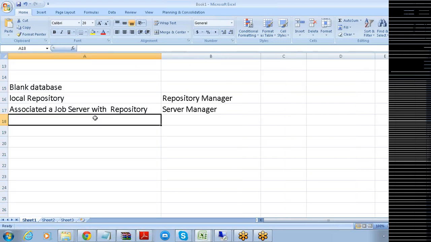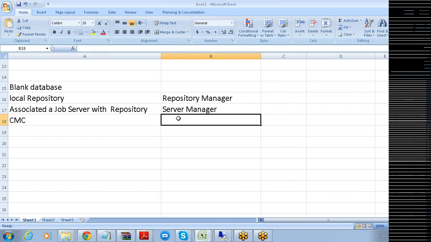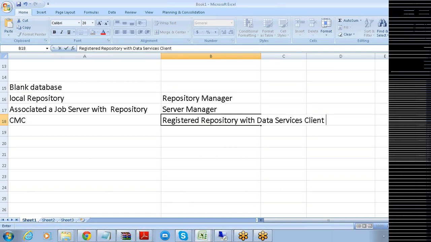We went to the Central Management Console, the CMC, and we registered this repository with the data services client. And restarted the client. These are the steps that you have done.